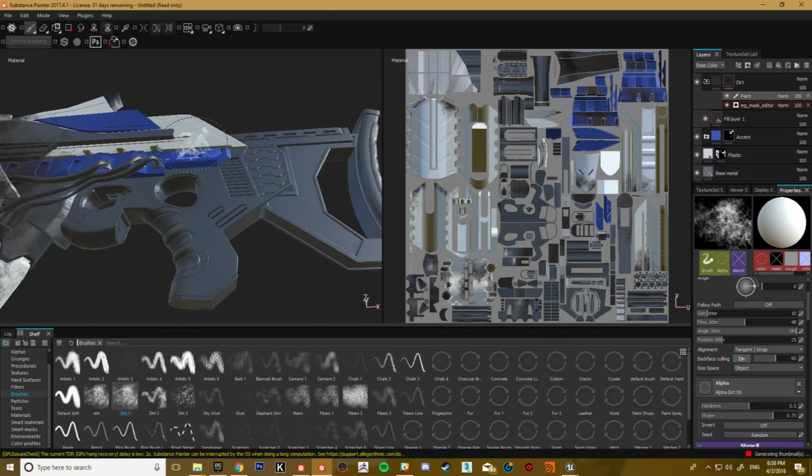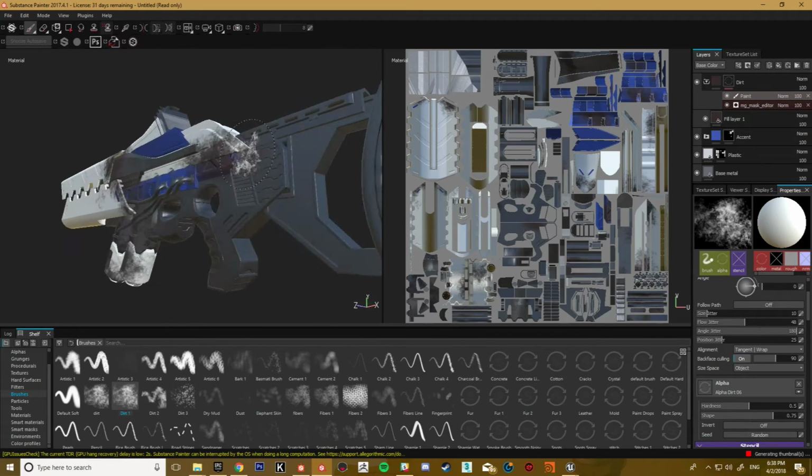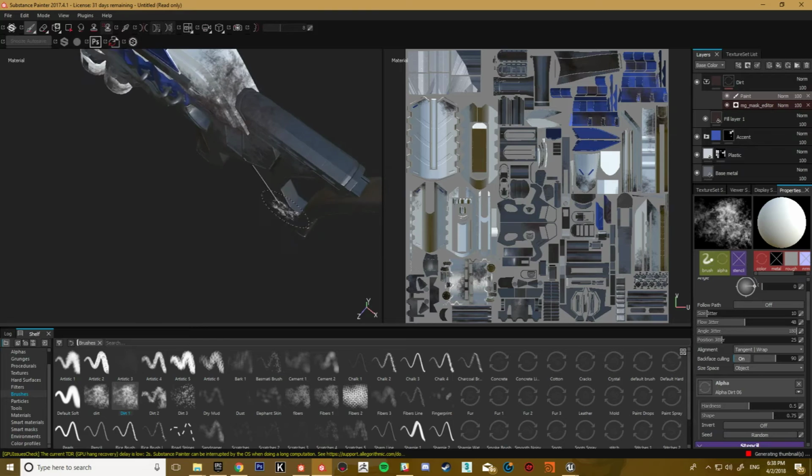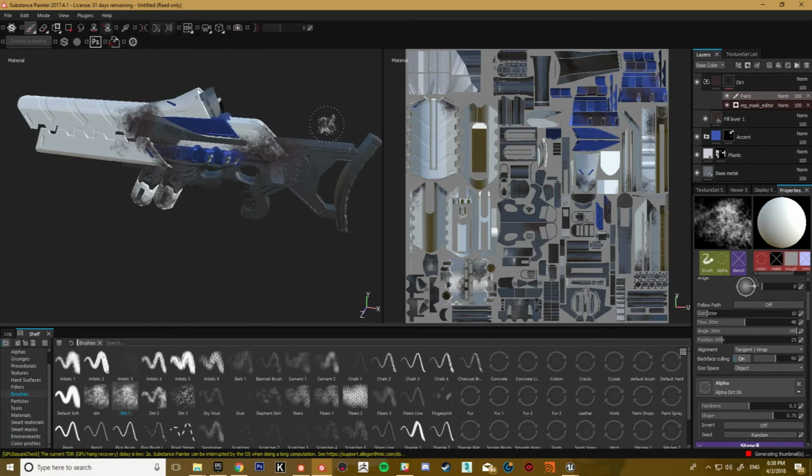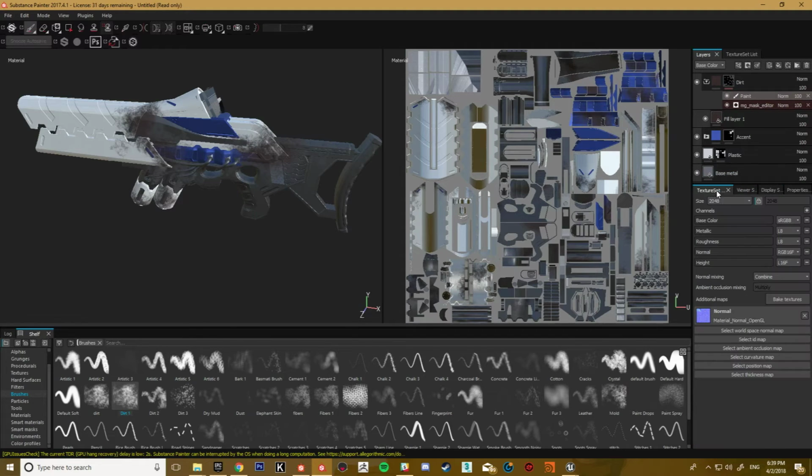And originally that could be controlled by the complex dirt thing, but I have not baked this. I've just brought it in from before. And now we've got a rough section of dirt, which is cool as well. So what I'm going to do with this is now in my texture set tab, which is probably a different location for you, you can add custom channels.